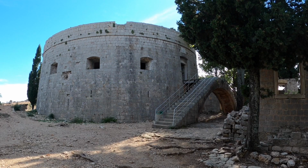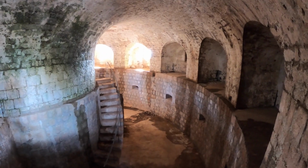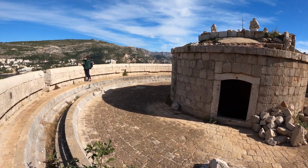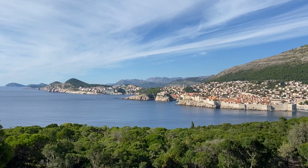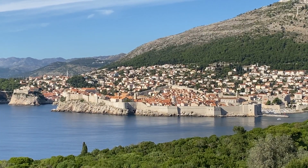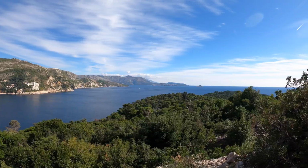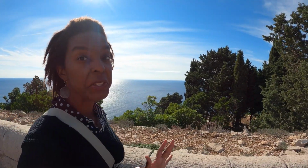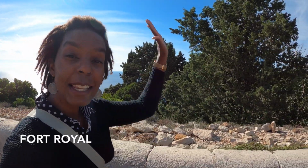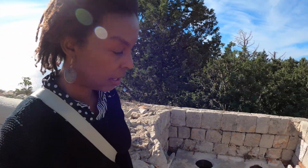Now I have to be honest. The inside of Fort Royal is drab and dingy, but the view from the top more than makes up for the somewhat creepy interior. So you really want to make sure you take the climb up to Fort Royal. The views up here at the top of the fortress are lovely and are super...